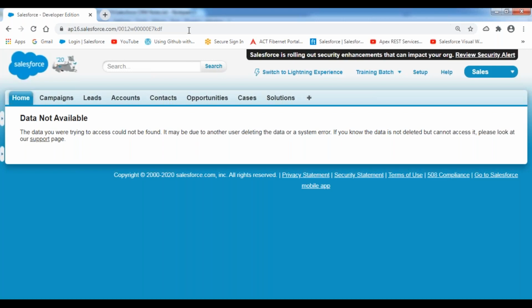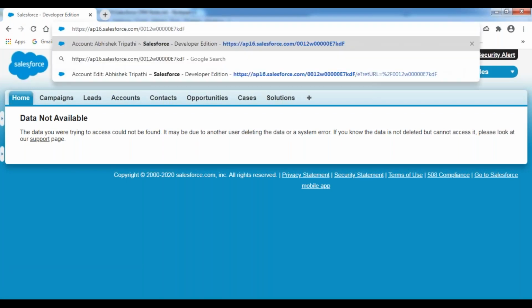So now, whatever ID has been generated by Salesforce, this record ID is a case sensitive ID. Compulsorily, we have to enter the record ID in the same format. So in this case, if I enter the capital F and press enter,